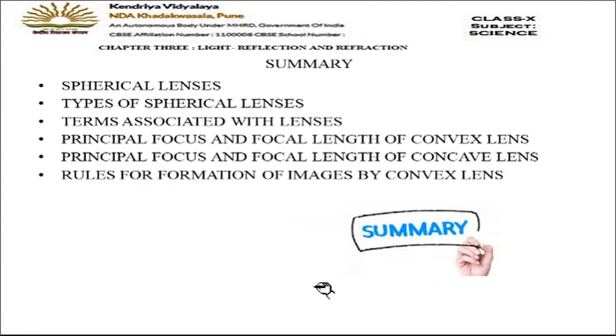So we have come to the end of the session. Let us see what we have done today. We have discussed what spherical lenses are. Why are we calling them spherical? Because they are part of a sphere. They are actually part of two spheres. In a convex lens, the two spheres overlap and in the middle the convex lens shape is formed. In the case of a concave lens, the two spheres are very close to each other and at the center that shape is formed. It means both surfaces of the lens are part of a sphere.